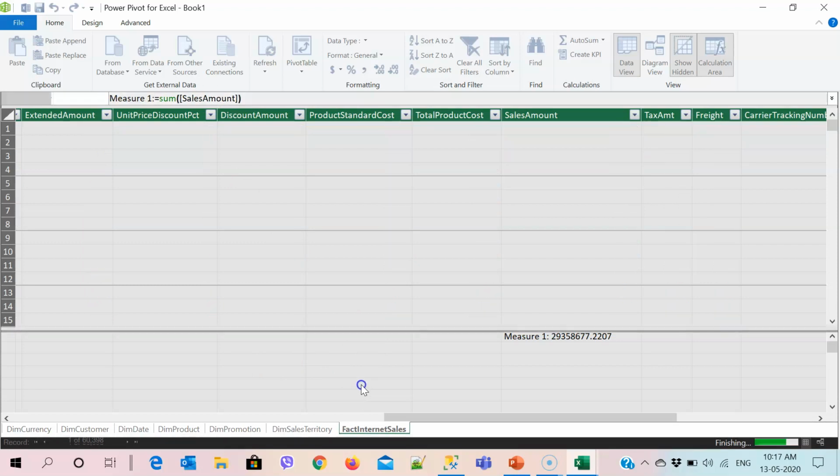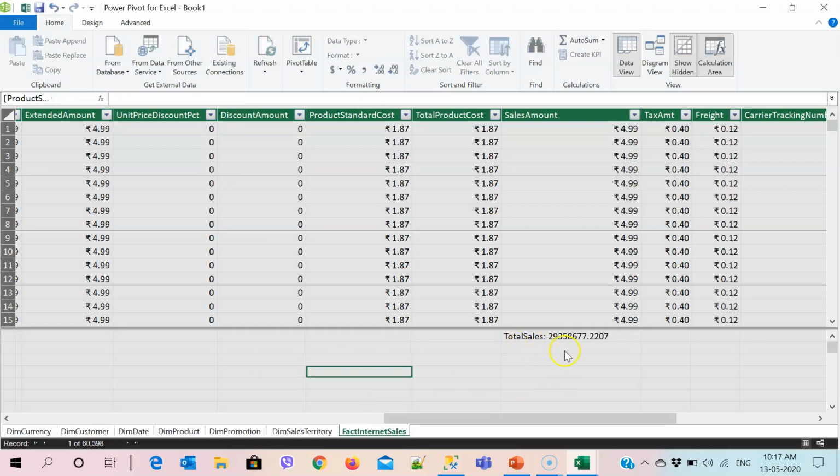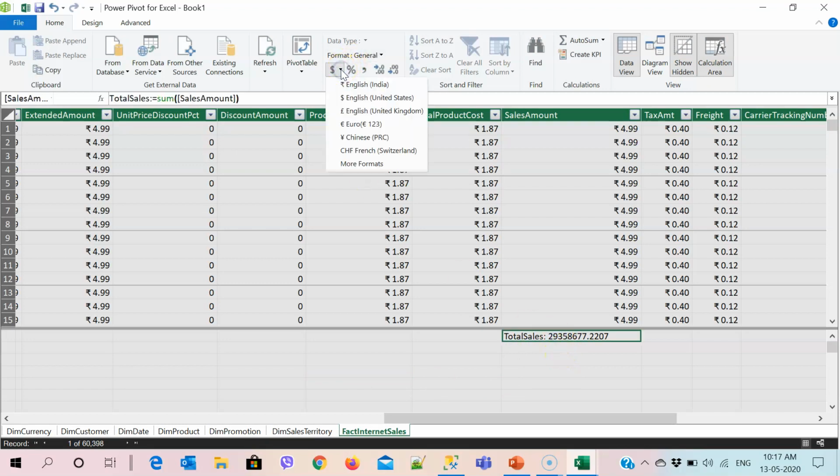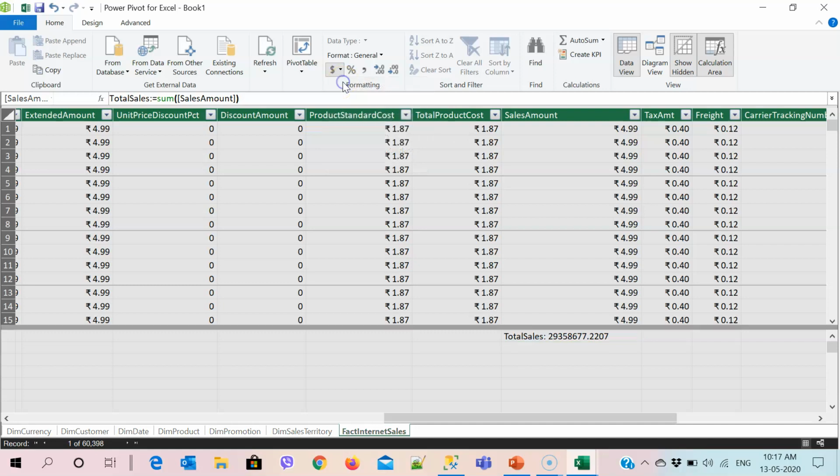So once I click on this total sales, it is going to be saved right here. On this part you can apply a currency. So for example, I'm going to use Indian rupees as the currency. Now this is going to be added to this particular location, and it has automatically followed the concept of decimal points. So you will get the output like this. Once I did this,